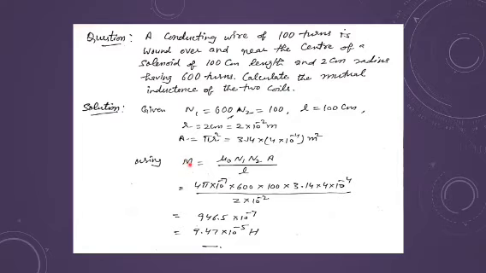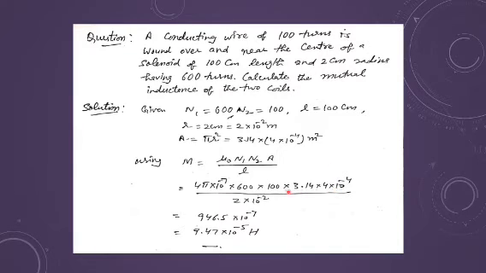For mutual inductance, the formula for two coaxial solenoids applies, because this secondary coil is also wound over the primary coil and both are passing through the same central line. So they are coaxial coils. The formula you will be writing is mu naught N1 N2 A divided by L. The value of L is again given in centimeters, so you have to convert it into meters. You have to put the value of mu naught, which is equal to 4 pi into 10 to the power minus 7. N1, N2 is given. Area you have calculated by multiplying pi into r square by putting the values.